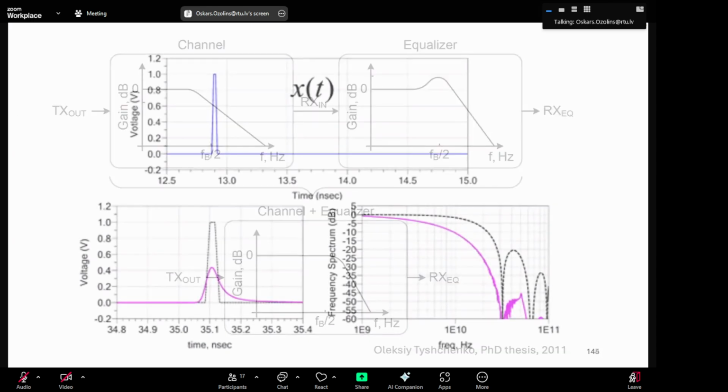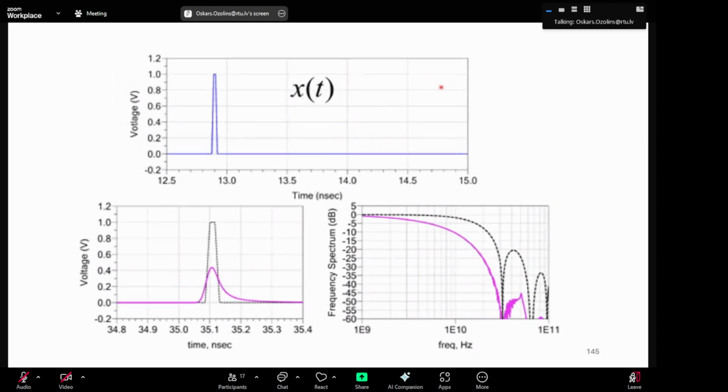So I'll just show some examples of what happens if you have a pre-cursor, post-cursor. So this is in time domain, single pulse, and this is in frequency domain. So basically your frequency response starts to decay faster and faster. And there are different parts in this optical communication system which will create this type of effect. So you can have this decay due to transmitter components, you can have it due to receiver components, and in intensity modulation direct detection systems, you can have this kind of effect also